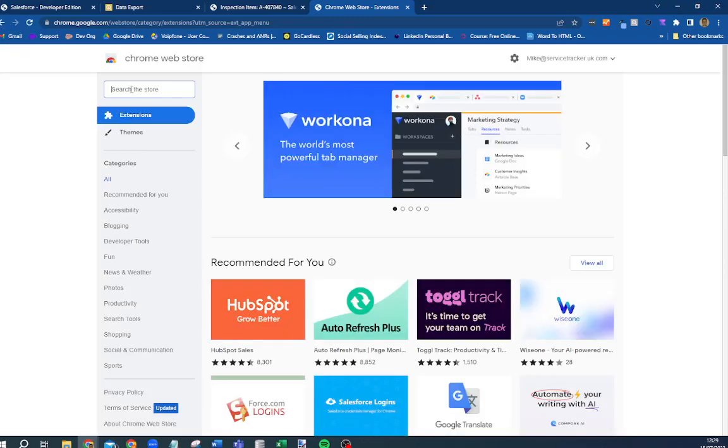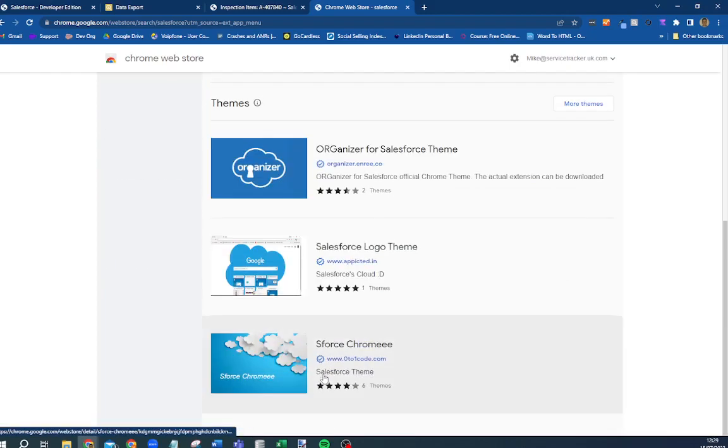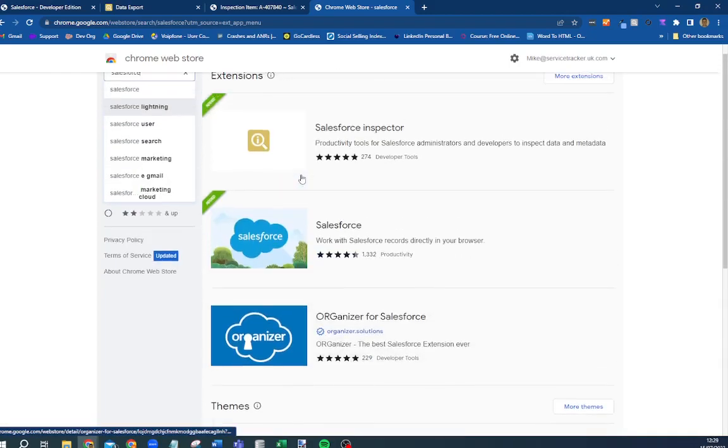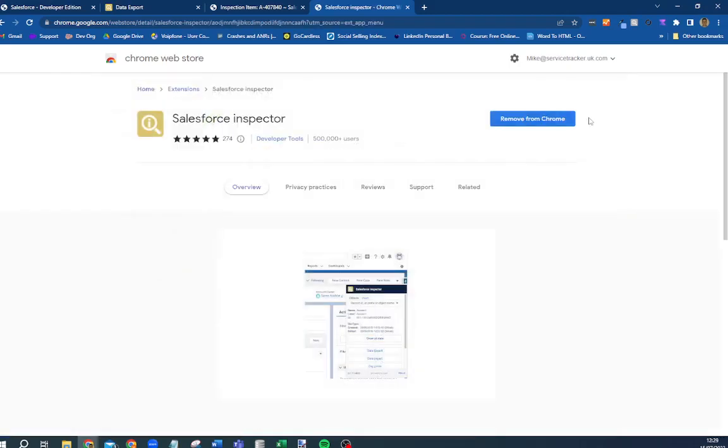If you just type in Salesforce at the top, then this is going to give you all of the Salesforce plugins for Google Chrome. They're all good. The one we're going to use today is the Salesforce Inspector, which I've already added. So you click on it and you just say Add to Chrome. Follow the wizard and make sure that that's installed, and that should appear in your system tray at the top. You may have to close your browser and reopen it, but ultimately the Salesforce Inspector is what we use to